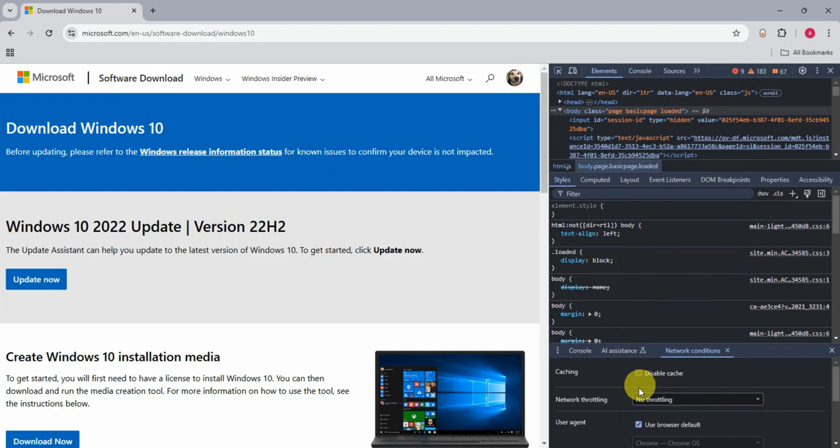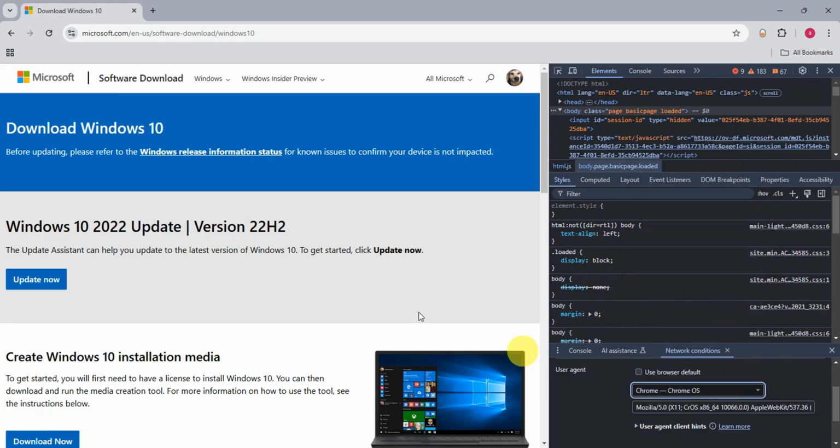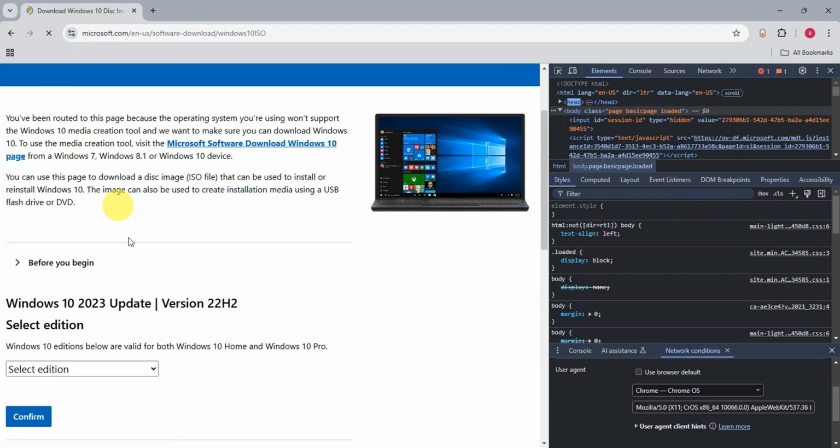So here under network conditions, just scroll down and you should be able to see this use browser default. So uncheck this one and here choose Chrome OS. Right after there should be changes in here onto the website, you'll just have to refresh it over here. So let's wait for this one first. And as you can see right after you have updated here